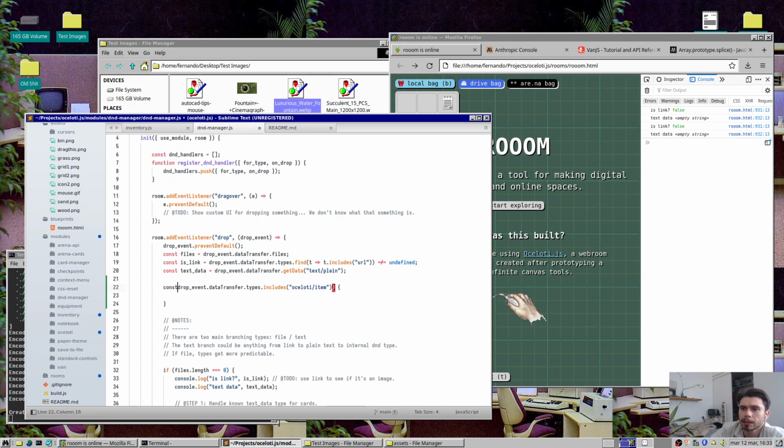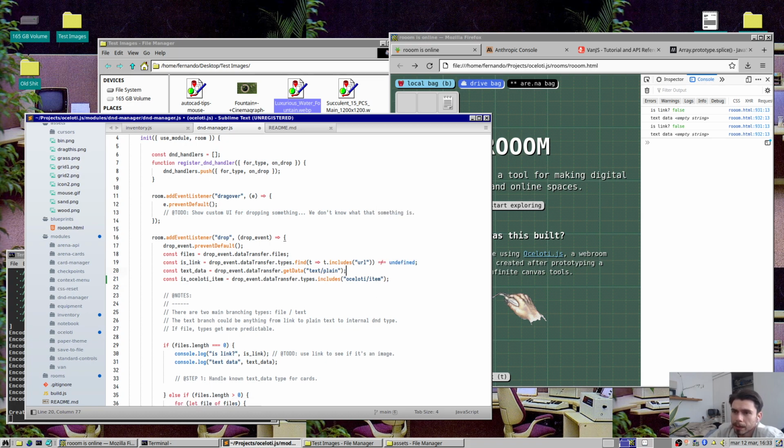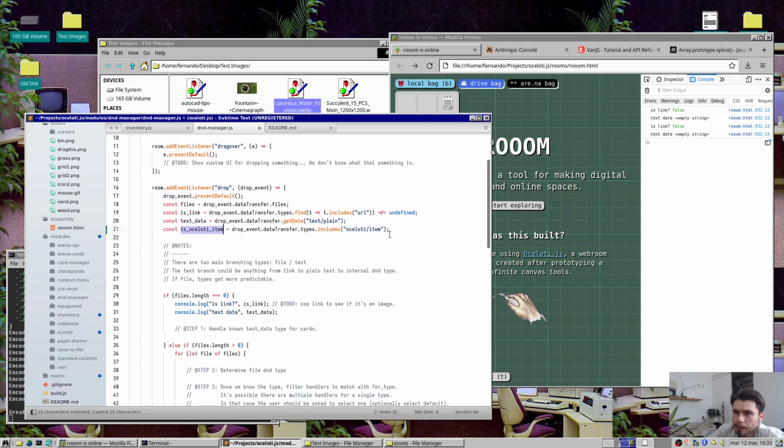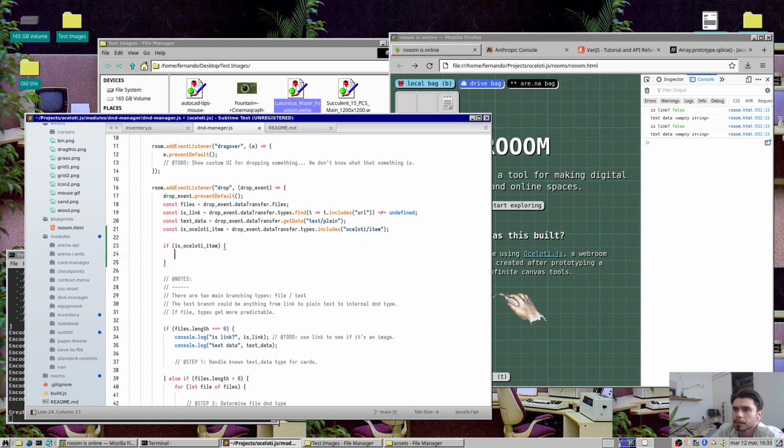Let's see, const is ocelot item, if it includes that, right? Like if we have that, and if it is, then it's gonna be simple. Like if it's ocelot item, then